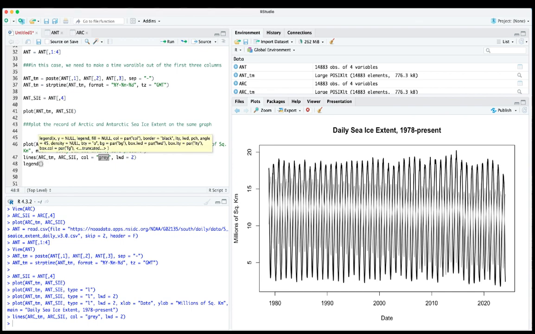Oops. Our x equals, where do we want to put this? I'm going to put this on the bottom right. And legend is going to equal, we're going to concatenate together. First one we did was Antarctic, and the Arctic,